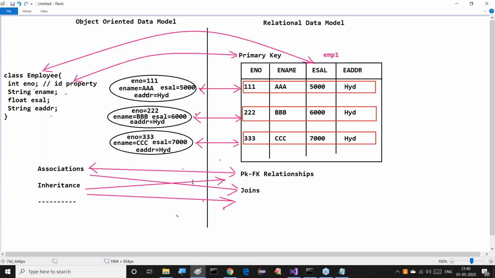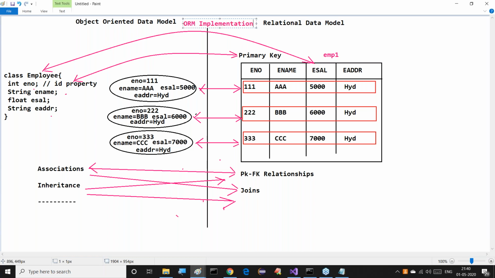So because of this reason, we require the mappings between the object-oriented data model and the relational data model. These mappings are provided by ORM implementations.